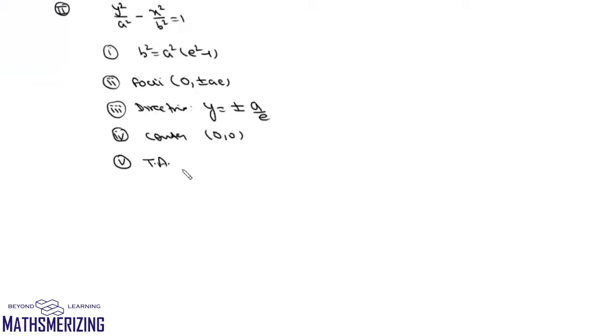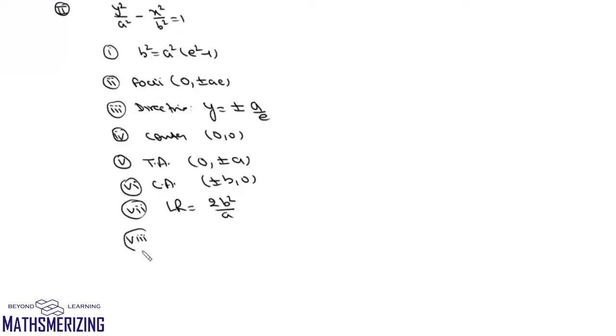Now we'll write the transverse axis. Again for the transverse axis, x and y will interchange. So the transverse axis vertices will be 0 comma plus minus a, and in this case the conjugate axis coordinates will be plus minus b comma 0. Now we'll write the length of latus rectum. Length of latus rectum will again be 2b square upon a, and in the same way we can write all other characteristics for this second form.